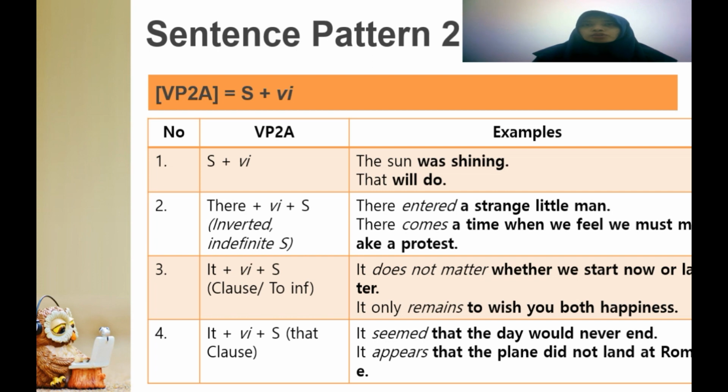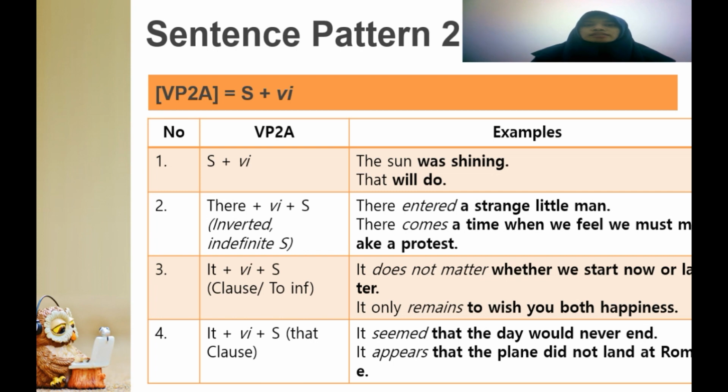It can stand on its own even if it doesn't have an adjunct or adverbial adjunct. So the examples are the sun was shining. So the sun here is the subject, and then was shining here indicates the intransitive verb. And then that will do. That here is the subject, and then will do here